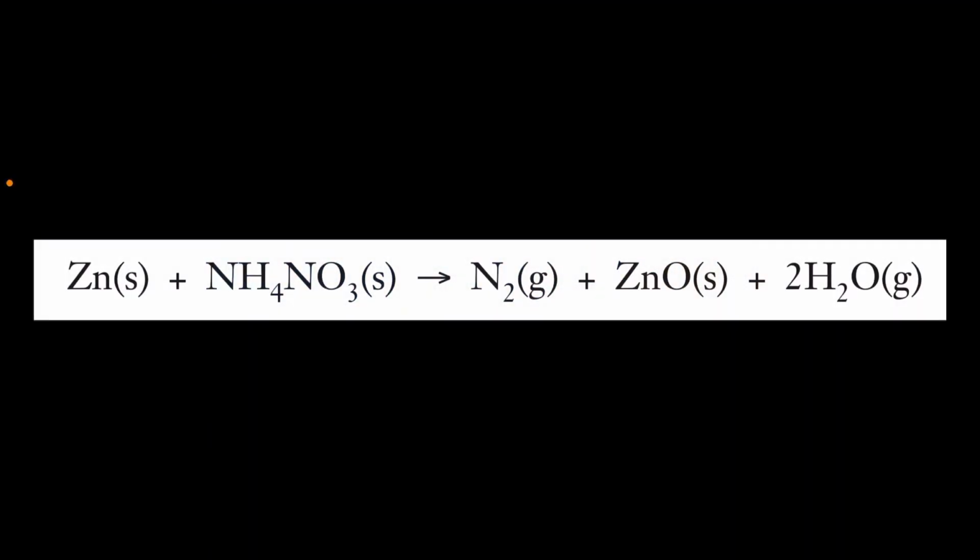So what's going on in this amazing exothermic reaction is you start with the reactants zinc, Zn, and ammonium nitrate, NH4NO3. And when those reactants are carefully mixed and water is added, along with a little bit of ammonium chloride, which just serves as a catalyst, you create the products N2, that's nitrogen gas, zinc oxide, that's ZnO, and water,